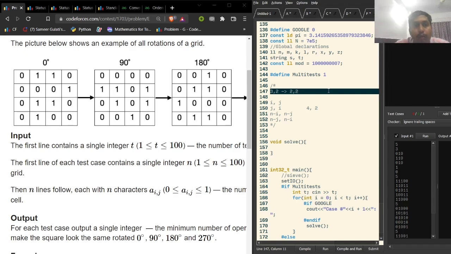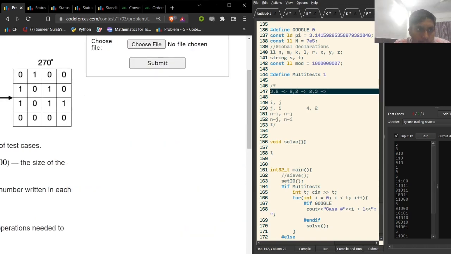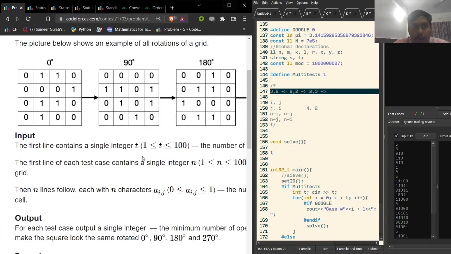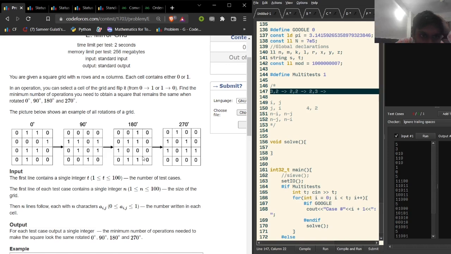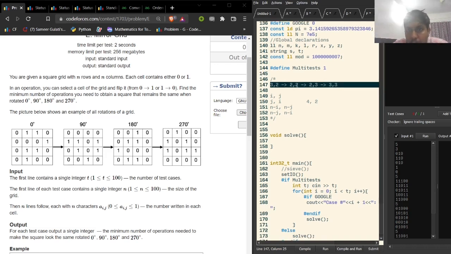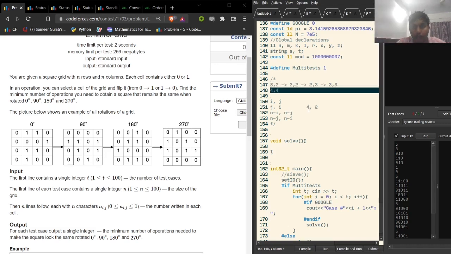Again on rotating, it goes to this guy over here. It goes to second row, third column, and from there it goes to... it's hard to explain and think at the same time, unfortunately, but I'm trying my best. It goes to 3 3. Okay, that is interesting. So my logic is wrong over here, and the number of rows is 4, 4, 4, 4. Okay, so I comma j goes to,